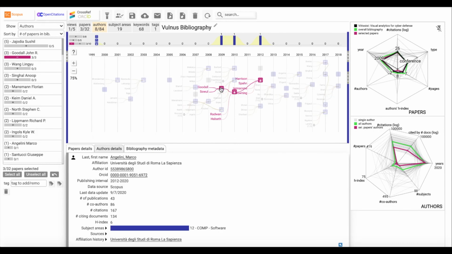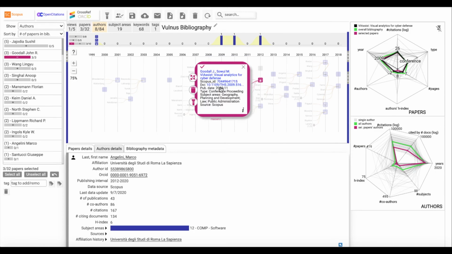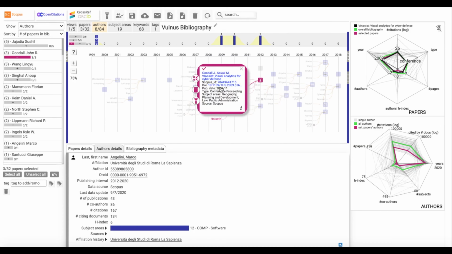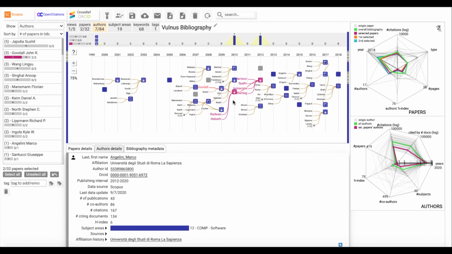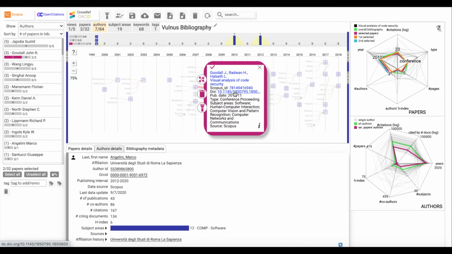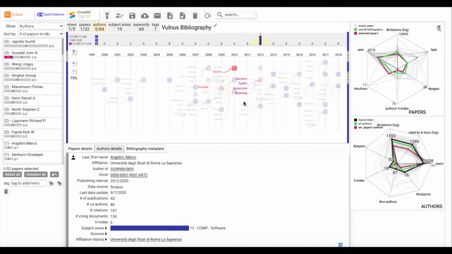For each paper, we first look at general info and its metrics in the bibliographic metrics environment, comparing the black lines related to each paper with both magenta and green lines. Considering the details and the metrics of the first paper, we decide to remove it from the selection. Analogously, we remove the second paper.